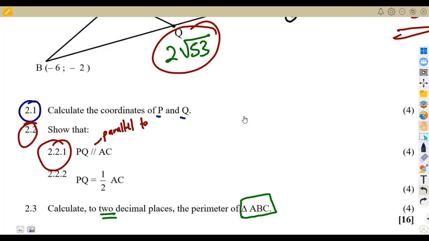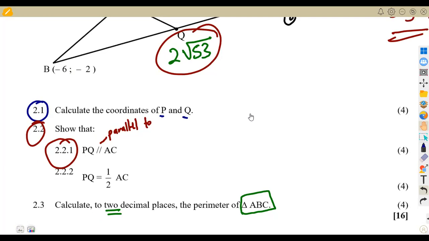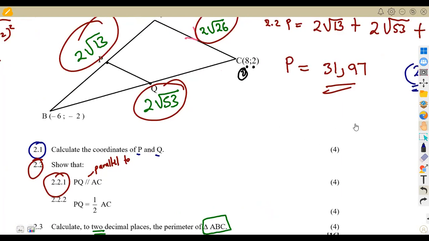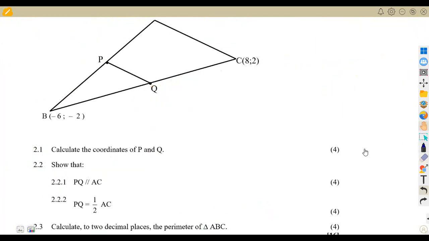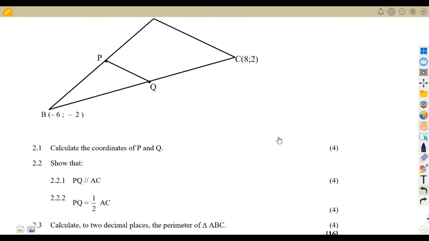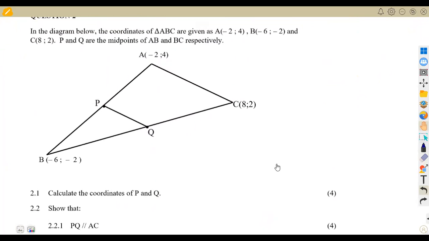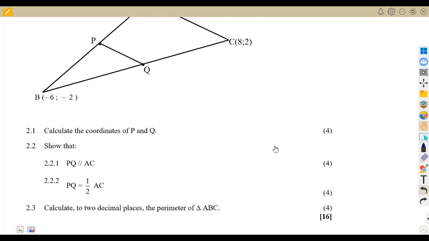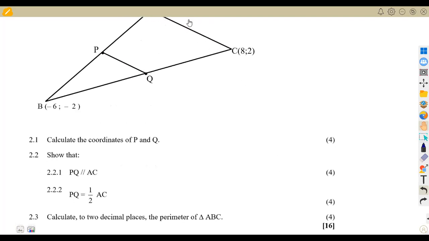Also understand about the midpoints. We talked about the issue of the midpoints and calculating of the distance. So we shall see more questions related to these ones so that we'll be able to have much practice as we are preparing ourselves for the exams. We must do as much practice as we can, do as much